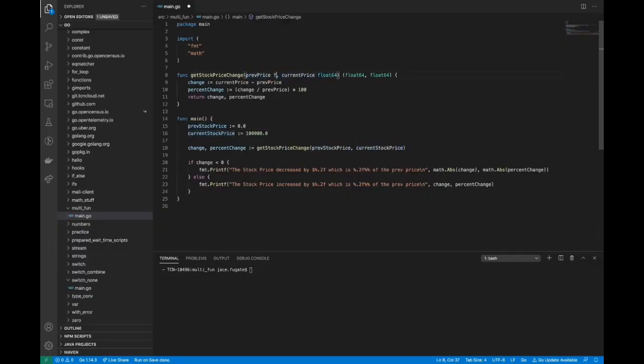We did something a little different than last time. Before we had the types after each variable or each parameter. If you accept two of the same, or multiple of the same types of parameters, you can actually omit the type until the last instance of that type. So in this case, this is a float, this is a float. We can just put float here at the end. If we had like a string on the end,